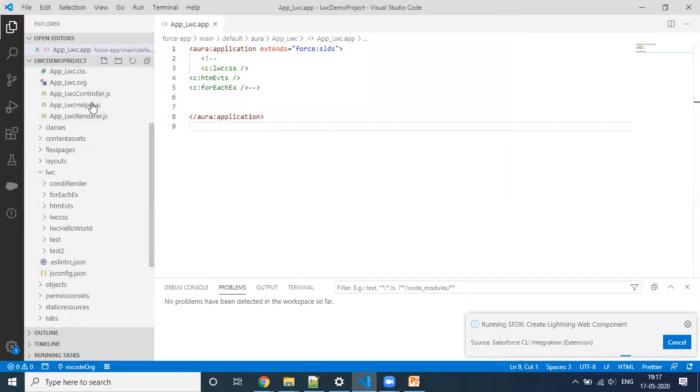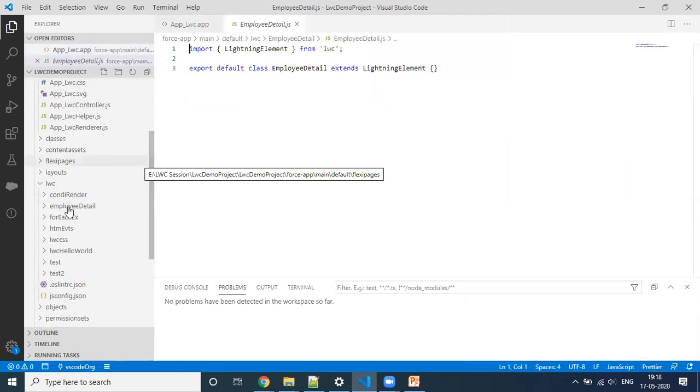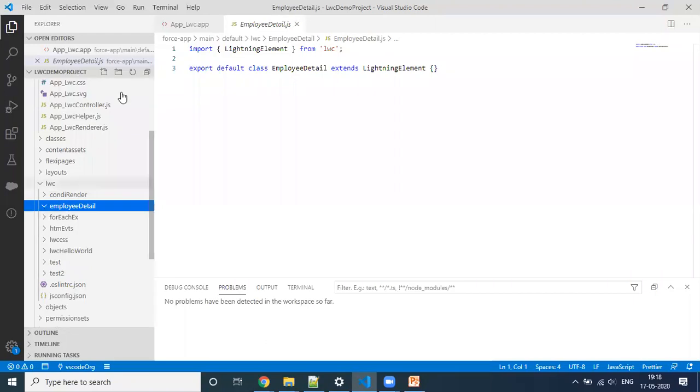This refresh sometimes does not happen on my system, but it may not be a problem for all.